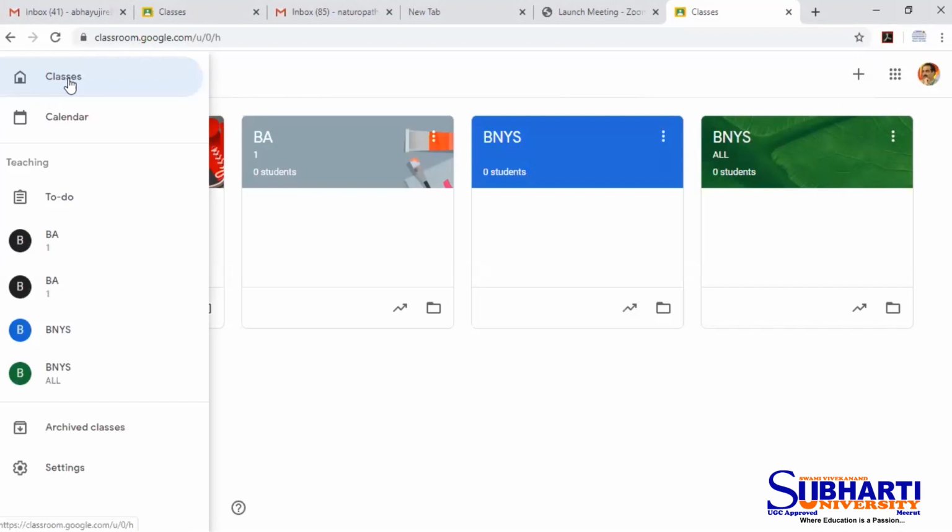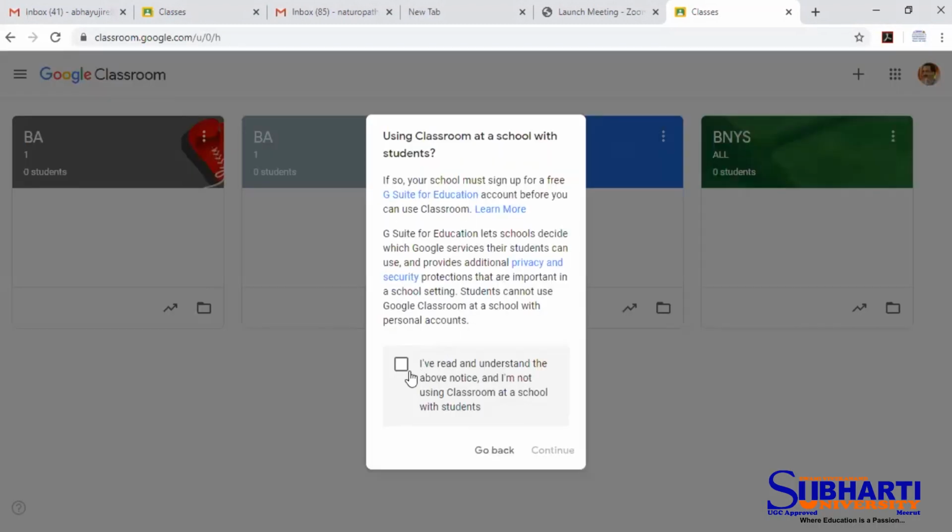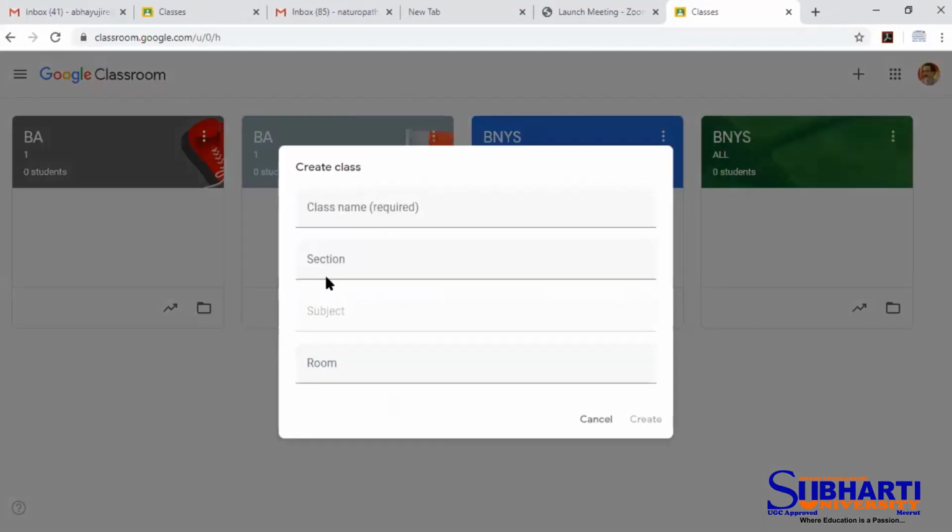The next thing we have to know is what these classes are. Once we click on classes here, we can create a class by clicking on create class. It will ask for a disclaimer. So I have read and understood. We can continue, and once we continue, we can create a new class. For example, I'm going to create a new class for MBBS.